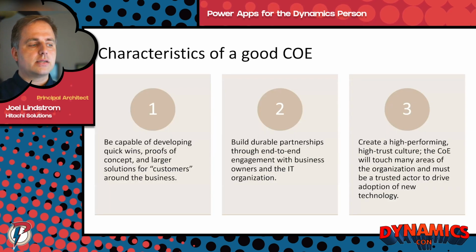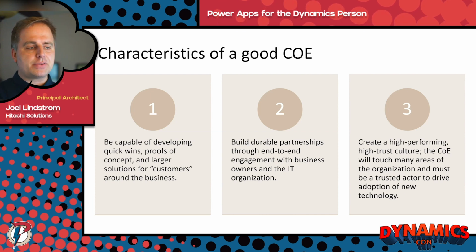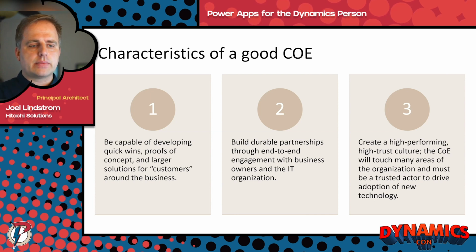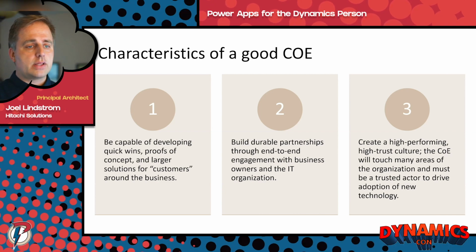And a good center of excellence includes the three pillars, or the three legs to the stool, if you will, of the IT, of the business, and of the users. And you have to be capable of generating quick wins, maybe driving the first few apps, but then partnering with the different people, because all those connectors you saw, like Exchange and Salesforce and ServiceNow, each of those has their own constituencies within your organization. And you're going to have to make sure they're comfortable with it, and then have a system of trust where we lock down things that should be locked down, but for other things, we have them more open so that people can benefit from it.